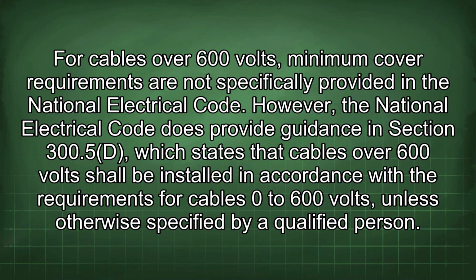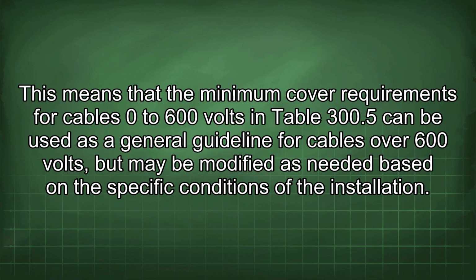For cables over 600 volts, minimum cover requirements are not specifically provided in the National Electrical Code. However, the National Electrical Code does provide guidance in Section 300.5d, which states that cables over 600 volts shall be installed in accordance with the requirements for cables 0 to 600 volts, unless otherwise specified by a qualified person. This means that the minimum cover requirements for cables 0 to 600 volts in Table 300.5 can be used as